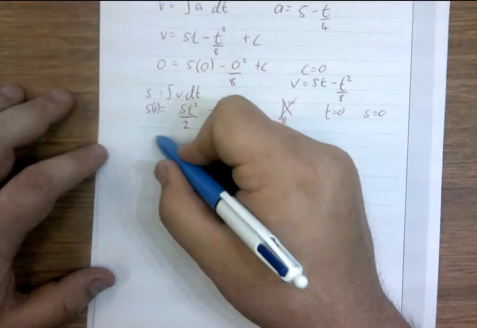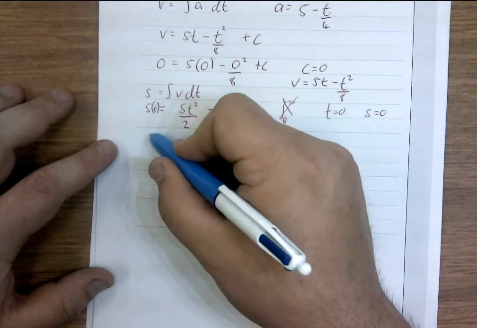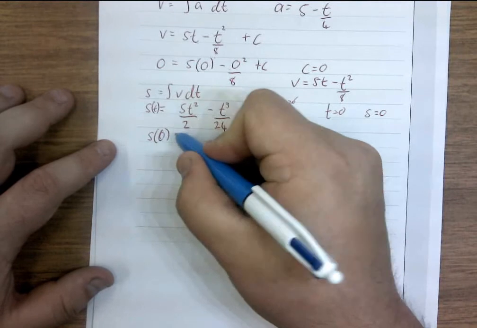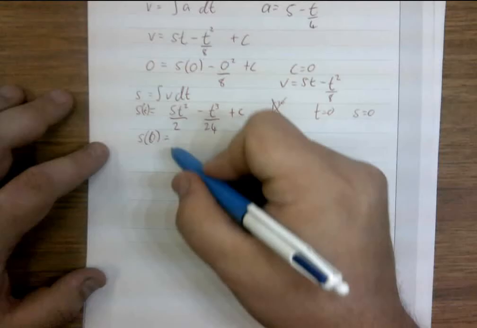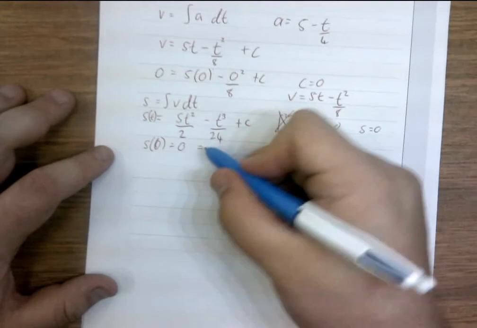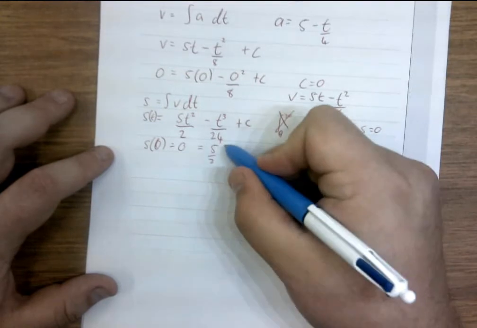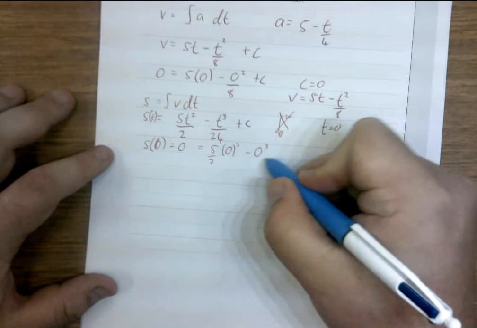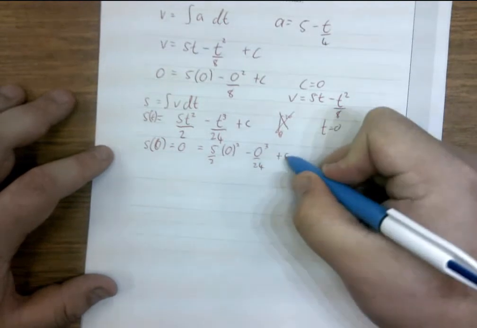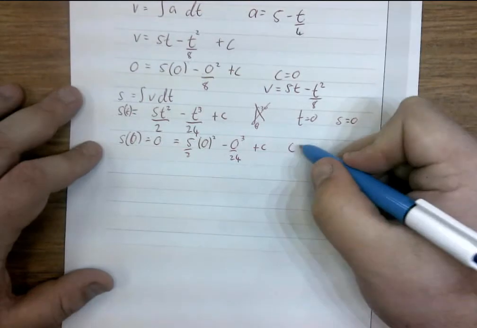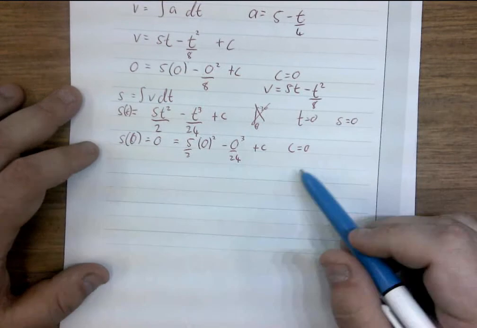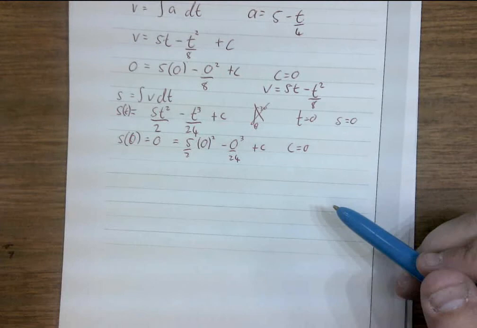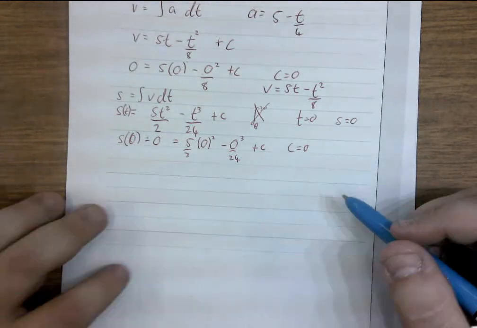If we put t is equal to 0, s of 0, the distance, equals 5 over 2 times 0 squared minus 0 cubed over 24 plus c. Our new constant c is 0. All I was doing was checking what my new constant was. Like I said, that might not be necessary depending on how you're going about this question, but I've done it,